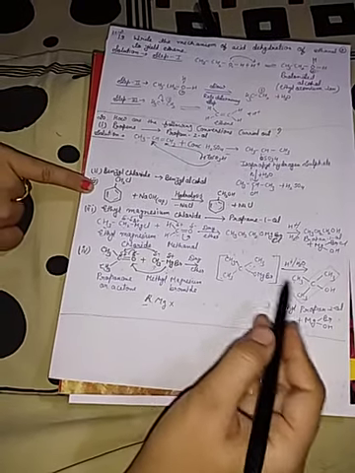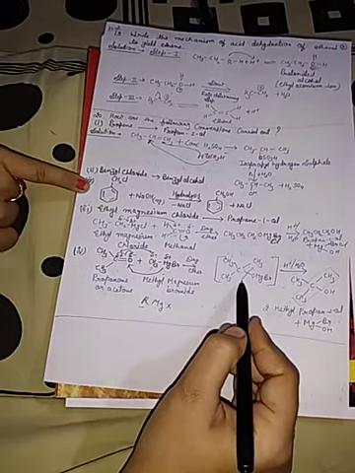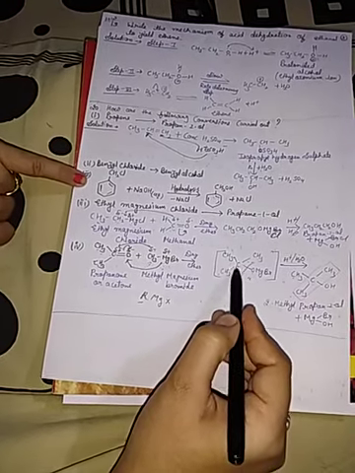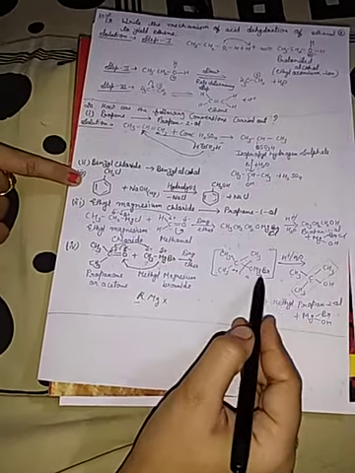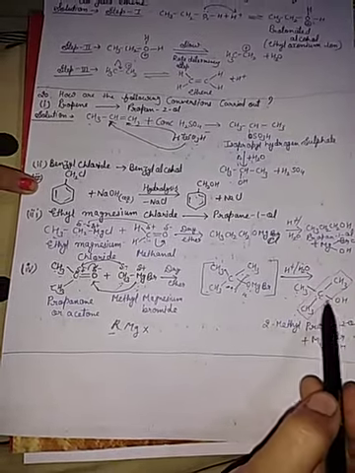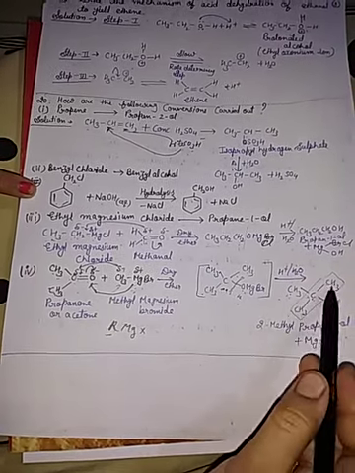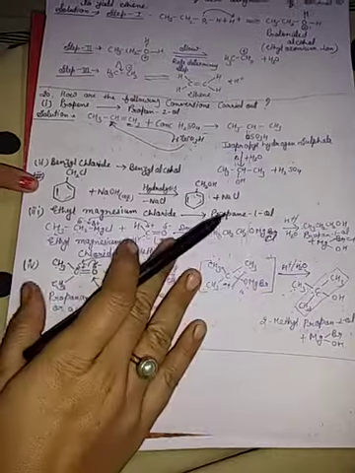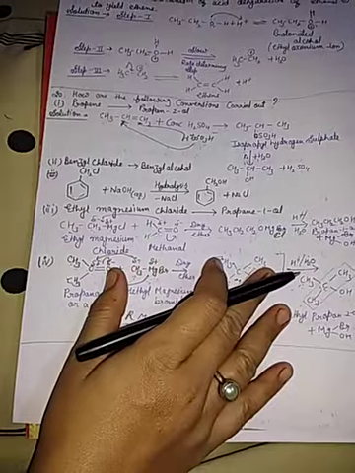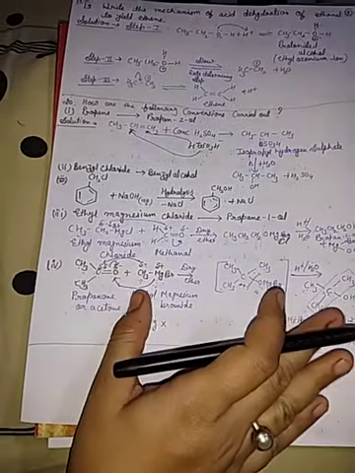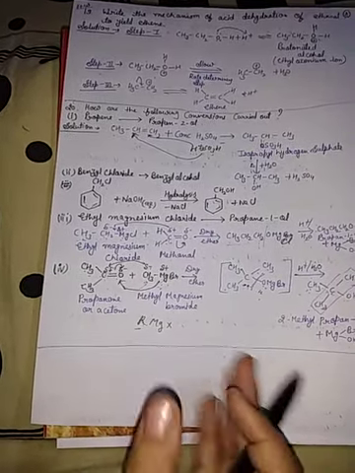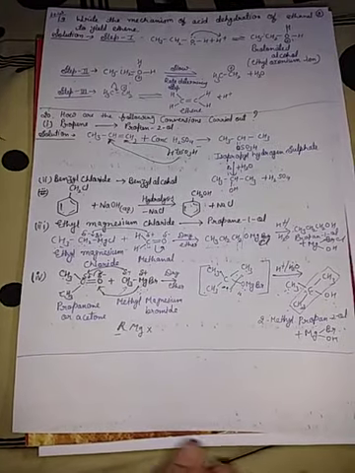Then after hydrolysis, this bond with MgBr-O is broken, one side gets OH and one side H. So OH attaches to this carbon and MgBr is replaced by OH. So CH3C(CH3)(CH3)OH, with the second number, 2-methylpropan-2-ol. So these are the conversions, and in board exams most questions follow this pattern. In this video I explained questions 19 to 20, and the remaining questions 21 to 33 will be in the next video. Thank you.